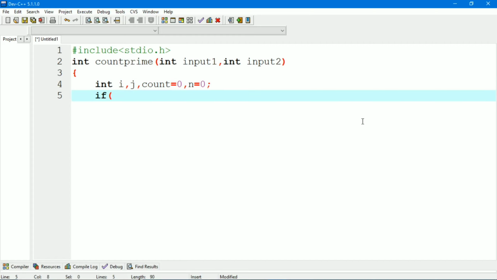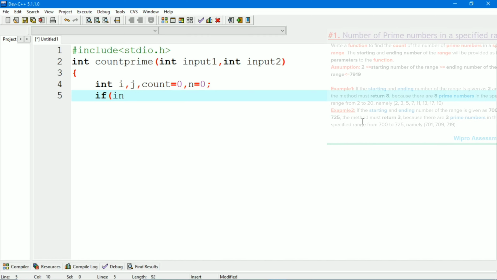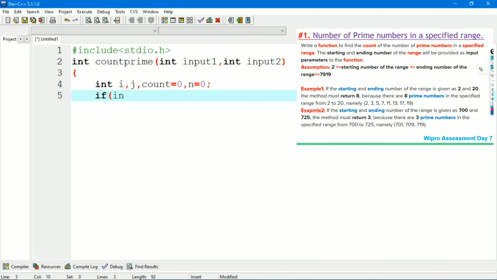Now we will check the condition given in the question: if input1 is greater than or equal to 2 and input2 is less than or equal to 7919. Here we can see that it is given in the question.